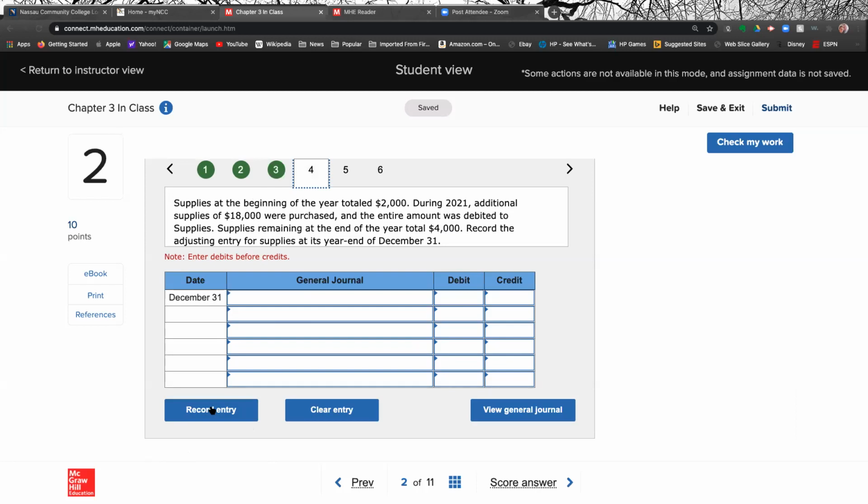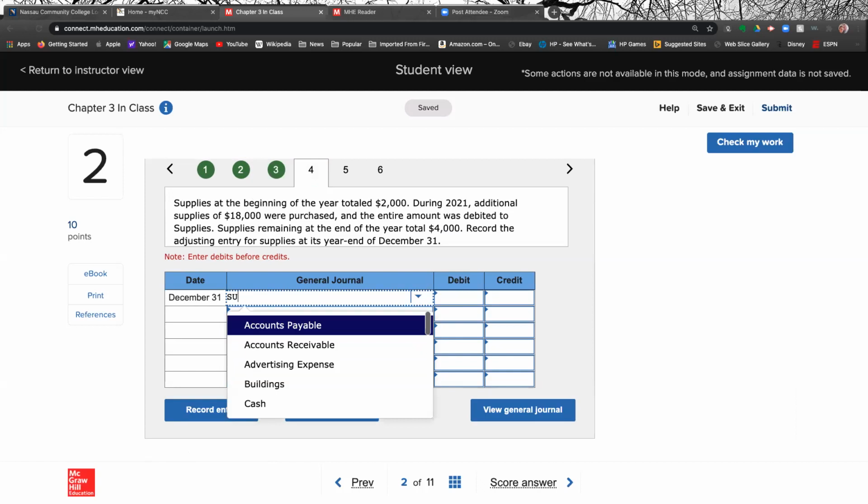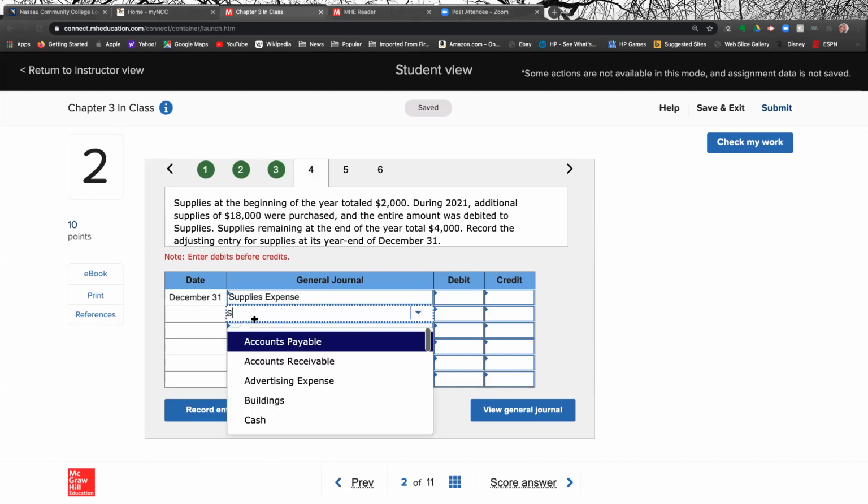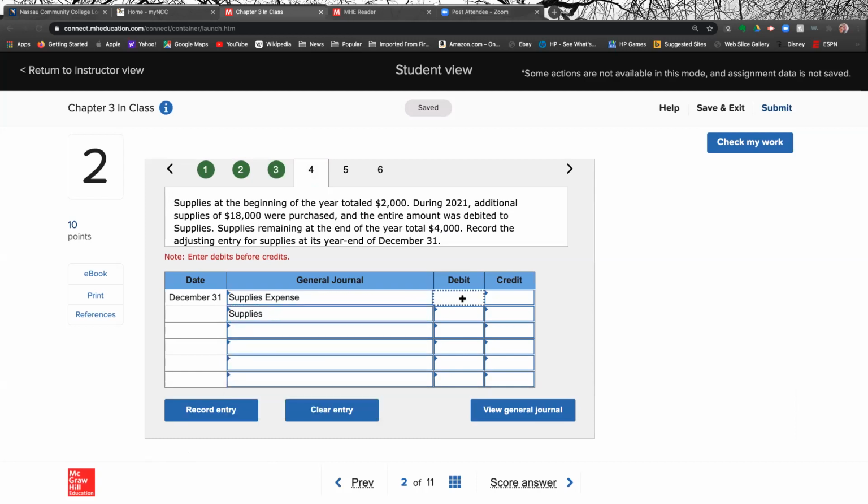Supplies. Supplies, okay, and they threw a wrinkle here. But what adjustment do we make for supplies, right? As soon as you see the word supplies, debit supplies expense and credit supplies. Now we got to do the math. They started the year with